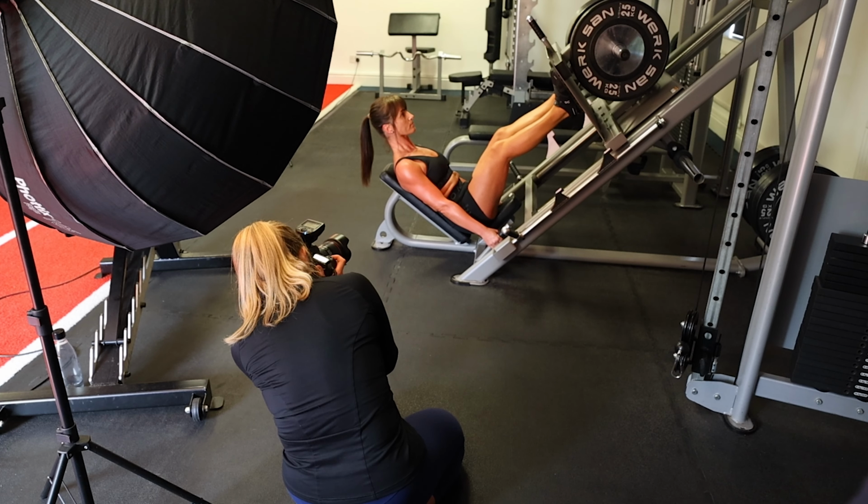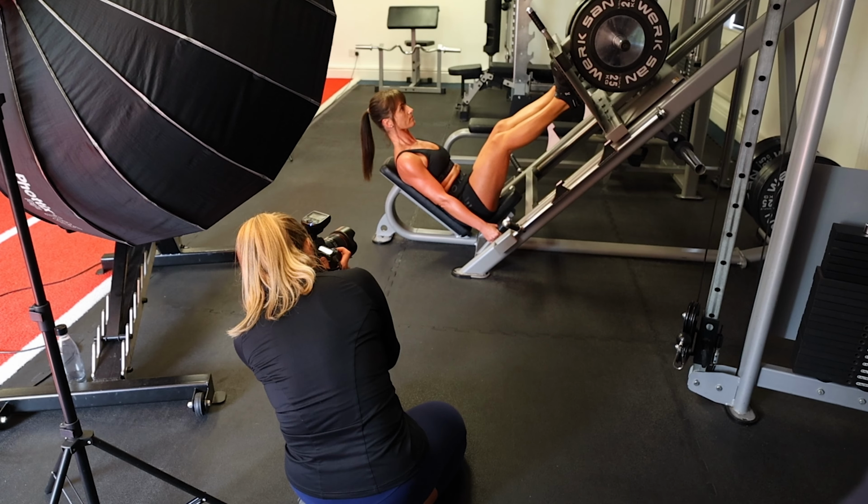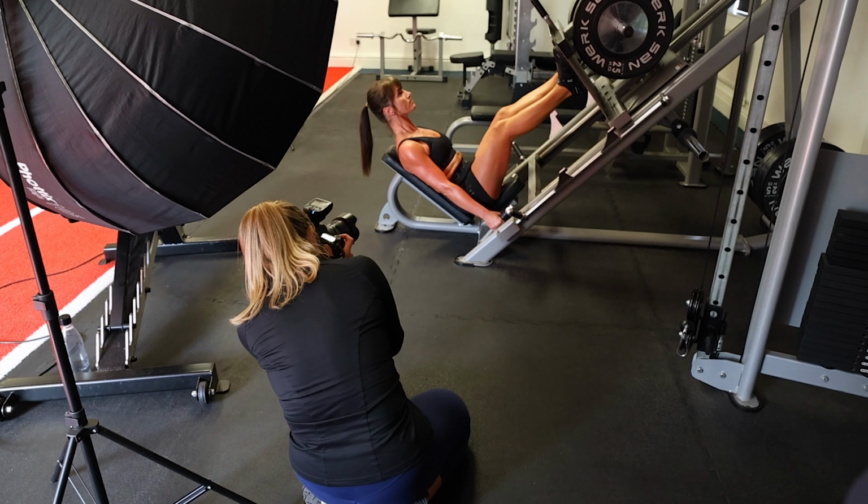We then moved around the gym. This gym's only small, so it doesn't actually take a long time to go from one location to the other. But it's still a bit of a transition period when you are moving lights around. So I brought along an assistant on this particular day, not only to film the behind the scenes, which you're